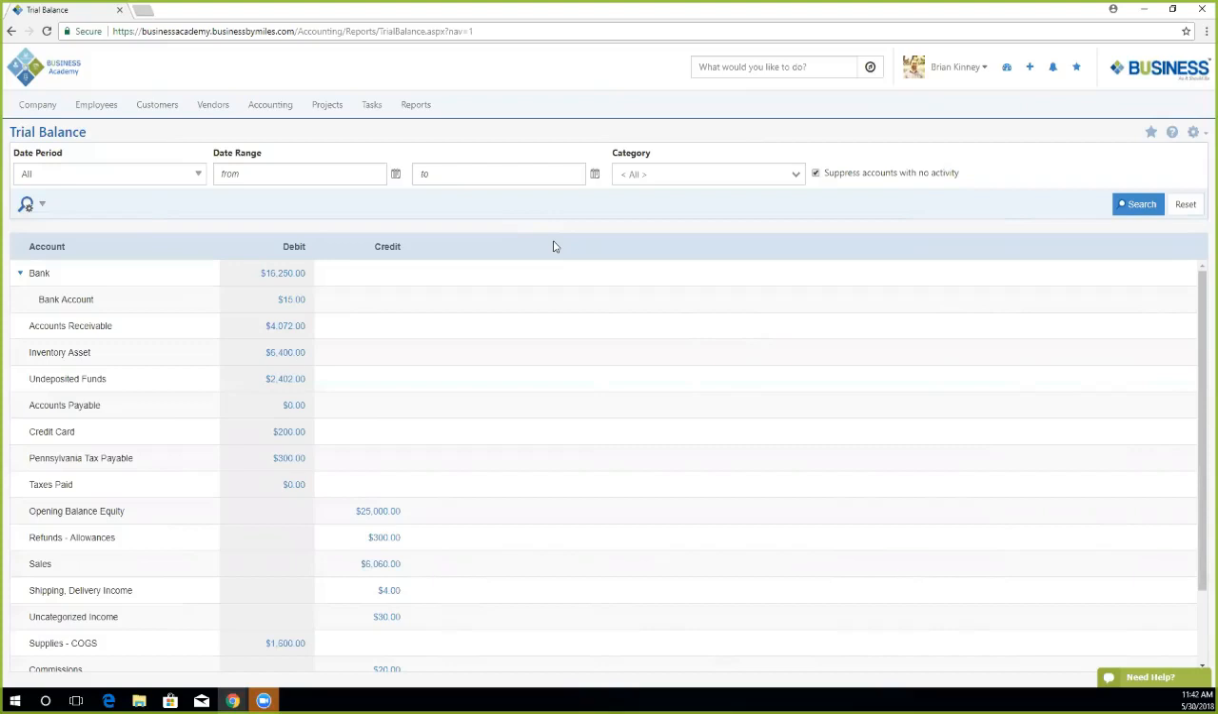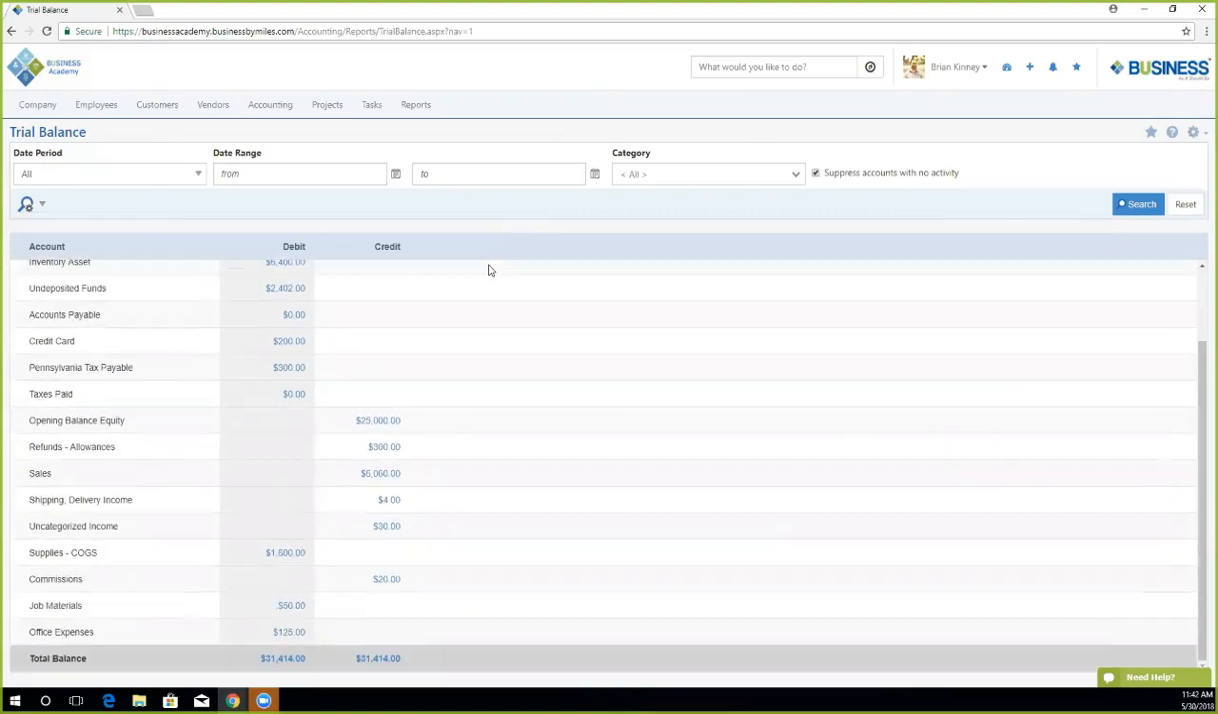Now, just like the balance sheet, the goal of the trial balance is to equal out both different divisions. So instead of the total assets equaling out to the total liabilities, the goal of the trial balance is that the total debits equal out to the total credits. Now, if I scroll down, you'll see that the debits equal out to $31,414 and the total credits equal out